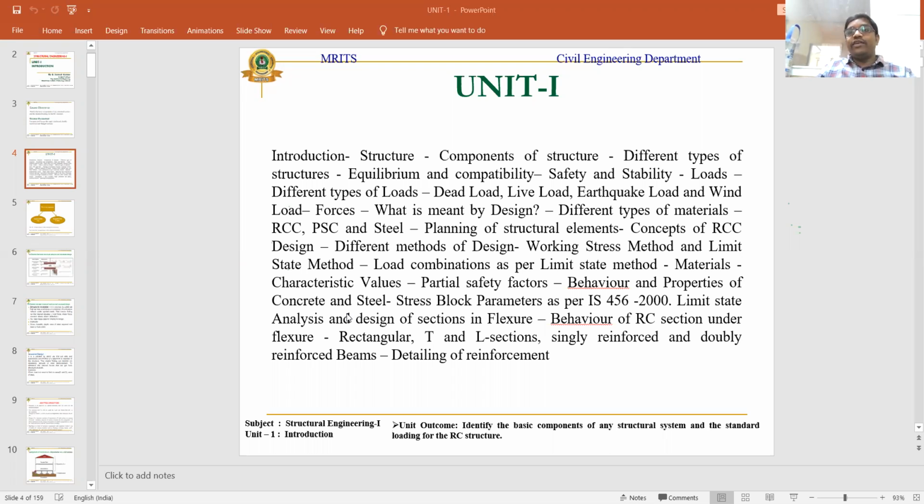For this testing, what cube size are you going to use? You use a 150 mm by 150 mm cube in the lab. You select one grade of concrete, take a mix, and cast a cube. After that, you perform a test using a compressive testing machine. Thereby you can find the compressive strength at an age of 3 days, 7 days and 28 days. But our target strength is reached at an age of 28 days.